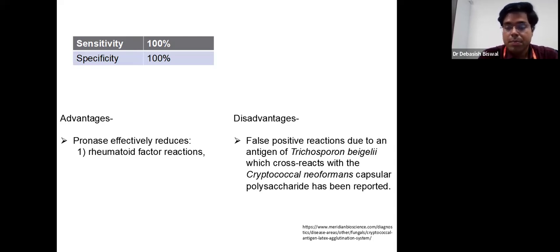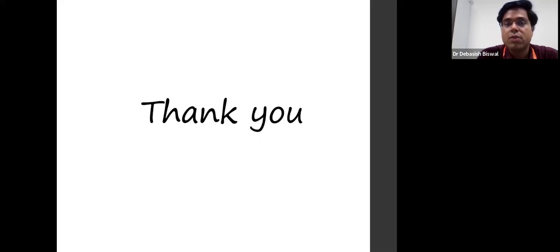An advantage is that the protease effectively reduces the rheumatoid factor reactions. But there are certain disadvantages, where we do find false-positive reactions due to infection with Trichosporon beigelii, where the antigen cross-reacts with the Cryptococcus neoformans capsular polysaccharide. With this, I would like to conclude my presentation on rapid diagnostics of bacterial and